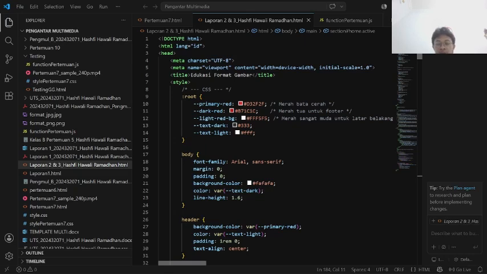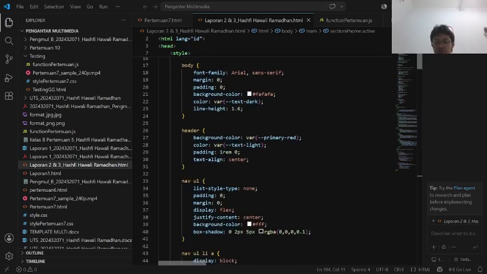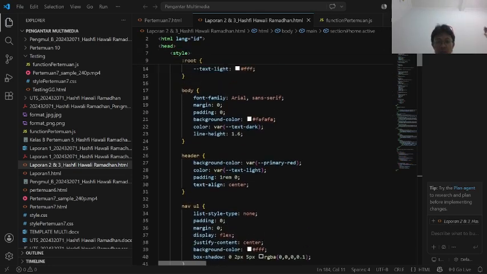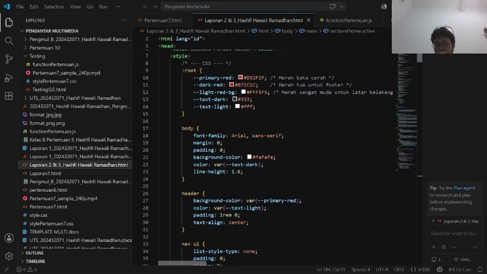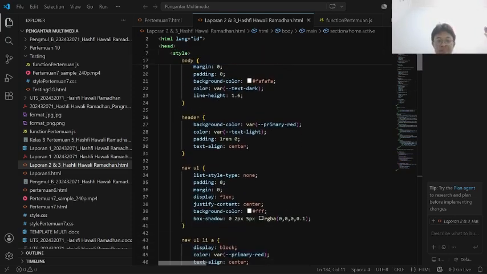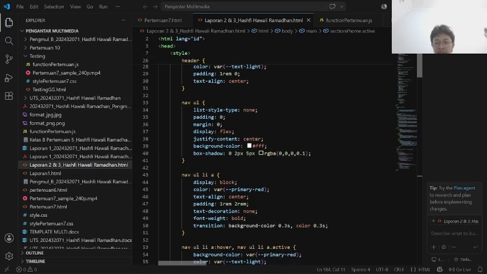For the structure layout, the navigation uses display flex with the justify-content property. Here, crucially, look at the section selector. By default, I set its property to display none.